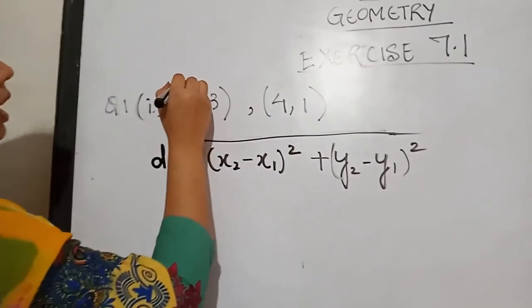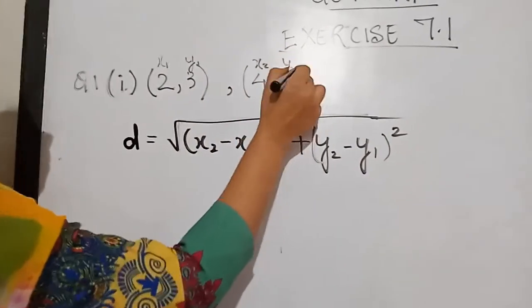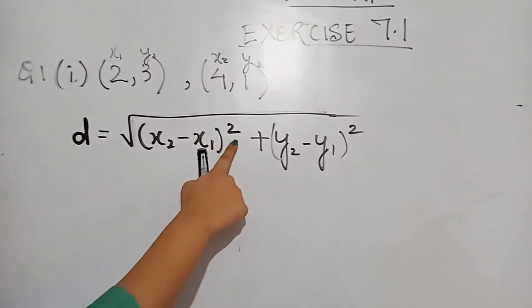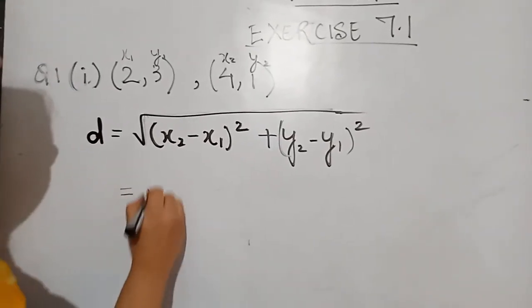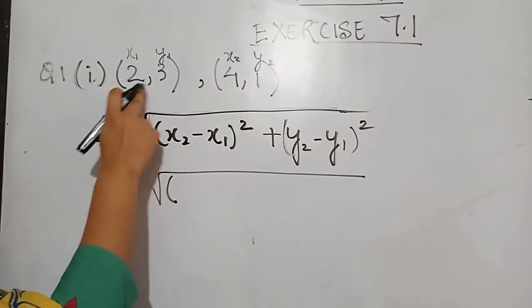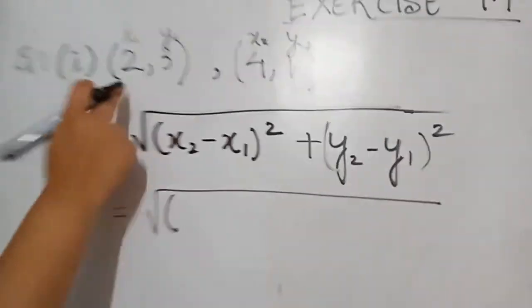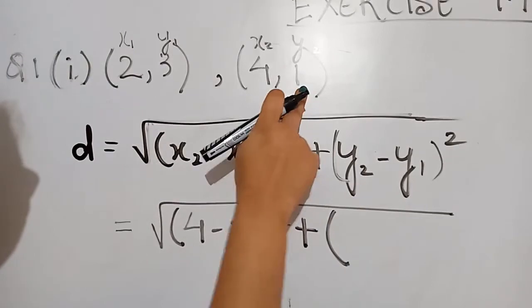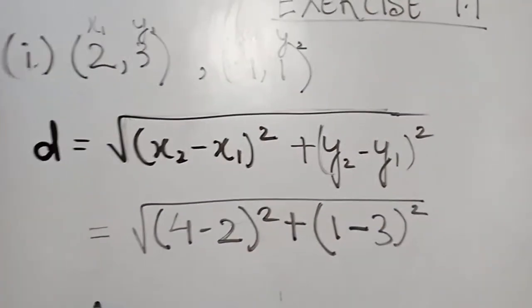Let this be x1, y1 and let this be x2, y2. Now the distance formula is whole under root of (x2 minus x1) whole square plus (y2 minus y1) whole square. Let us substitute the values in this. Now x2 minus x1, that means x2 is 4 and x1 is 2. So (4 minus 2) whole square plus (y2 minus y1), that is (1 minus 3) whole square, which is equal to